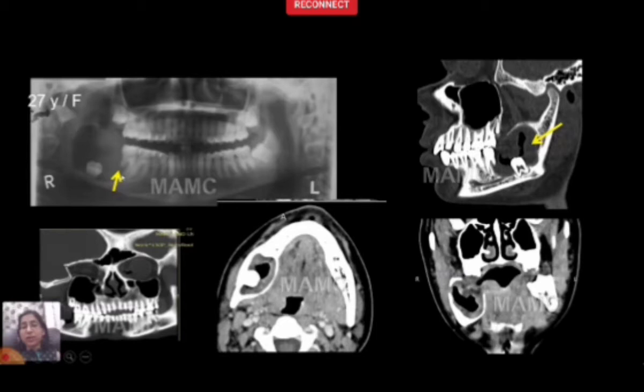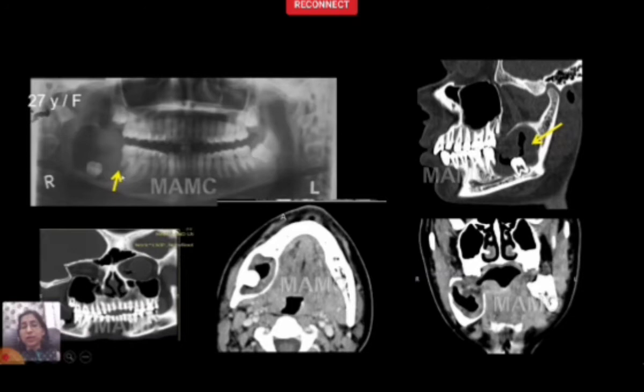Ameloblastoma is now a tumor. It's not a cyst, it's a tumor, but it is a benign tumor. However, it's a locally aggressive tumor. Now, the 4th edition WHO classifies ameloblastoma into 4 types. The first is the conventional ameloblastoma, the multicystic soap bubble appearance. Unicystic ameloblastoma, we have seen one type. The conventional multicystic forms the bulk of ameloblastomas, nearly 85%, and the other ones are much rarer.